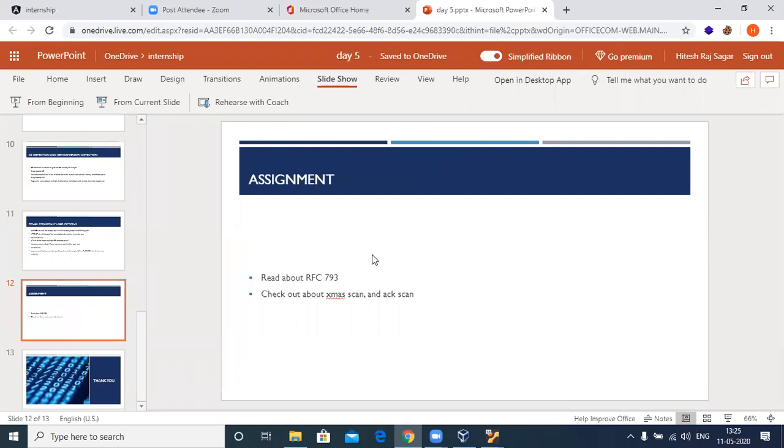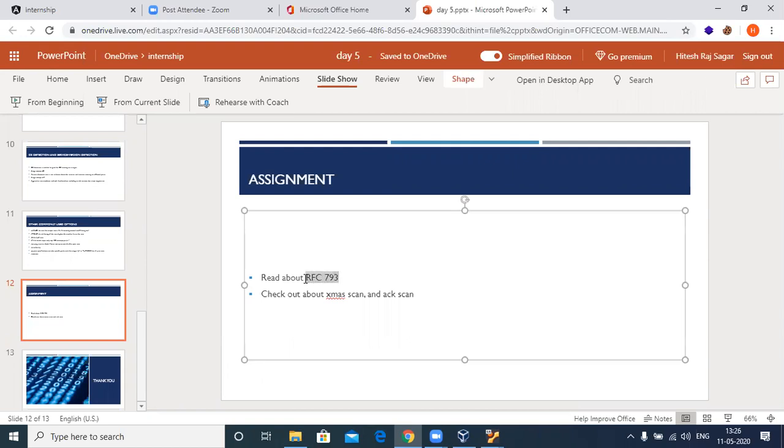All right. A limitation about these closed scans: I want you guys to read about RFC 793. Let me give you a hint.